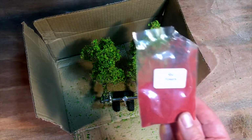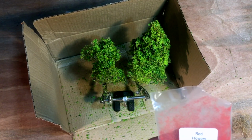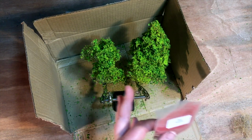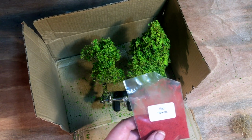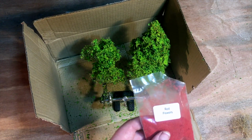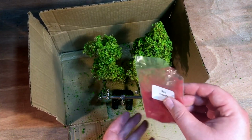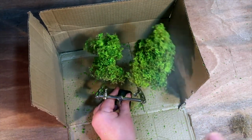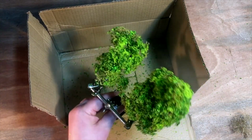What I want to do now is add in the red flowers, and this is going to be quite a subtle dusting. We've got all the deep leaves and everything into these trees. The flowers on the trees do tend to be more towards the outside. That's something I've noticed. Do study real trees just to get a feel for how they look. So with this, what I want to do is just get a small amount. I'm going to spray it over the trees, get a coating of the spray, and then